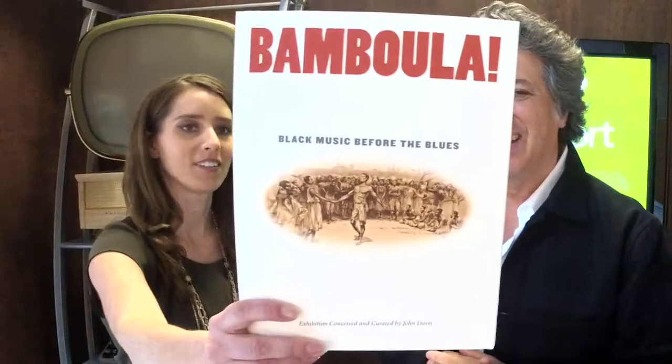Yes, a white artist who was influenced by an African American. And in fact, one of the themes of the show is this symbiosis between people of African descent who were operating in the colonies in the United States, and also the white people who were influenced by this music. And Gottschalk, who's from New Orleans, heard a bambula in Congo Square, which is the image depicted on the cover of the catalog,